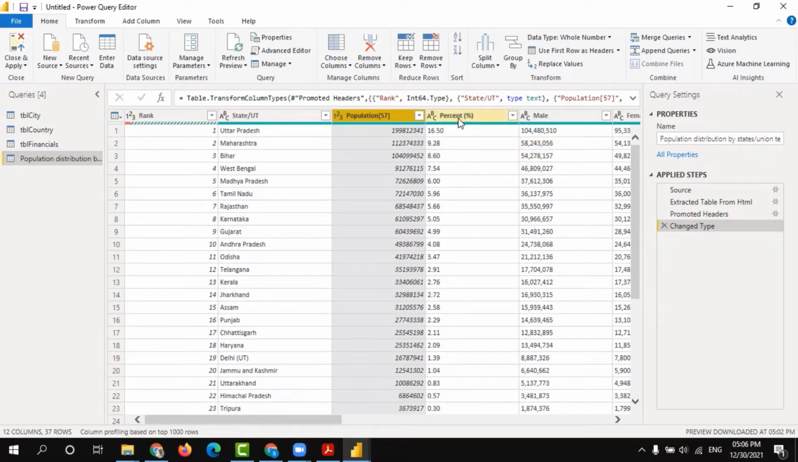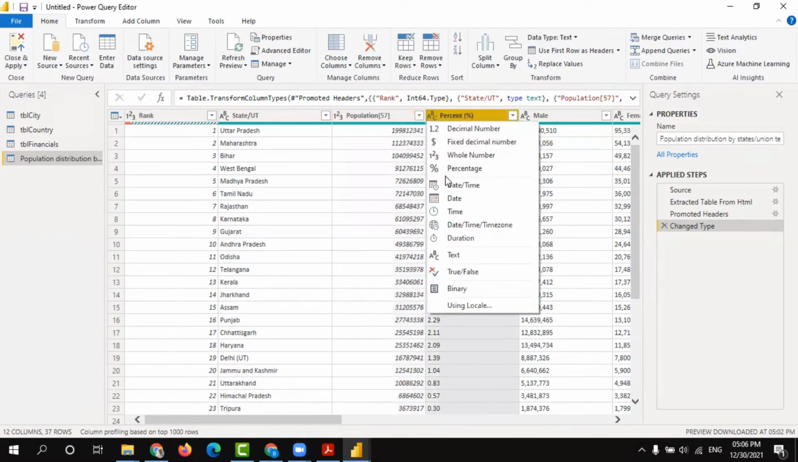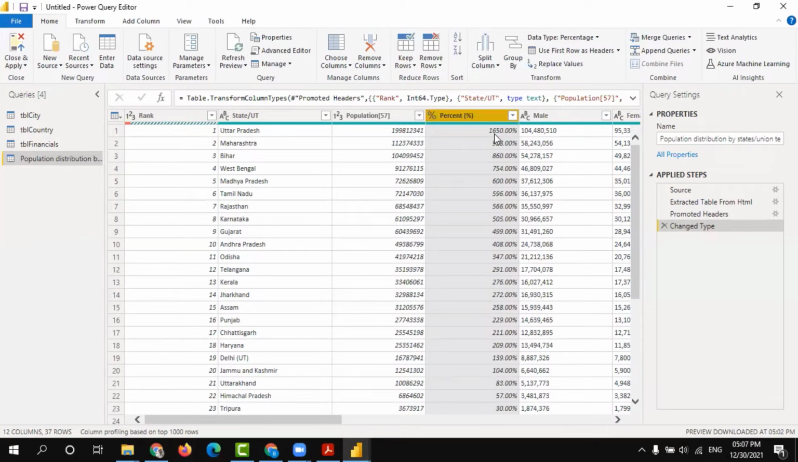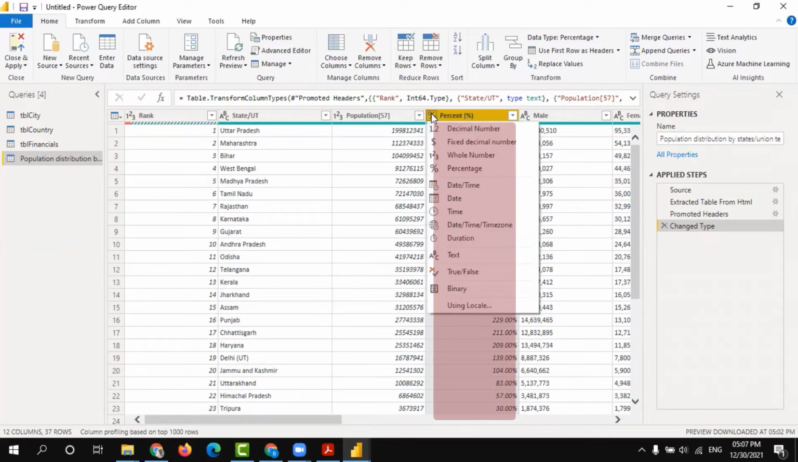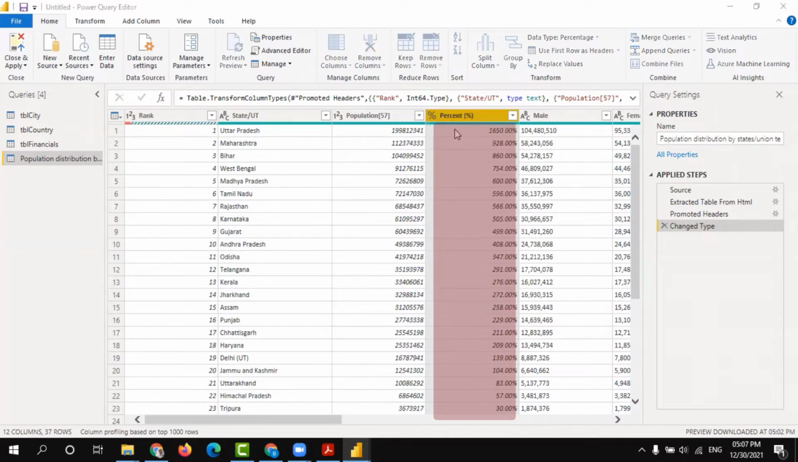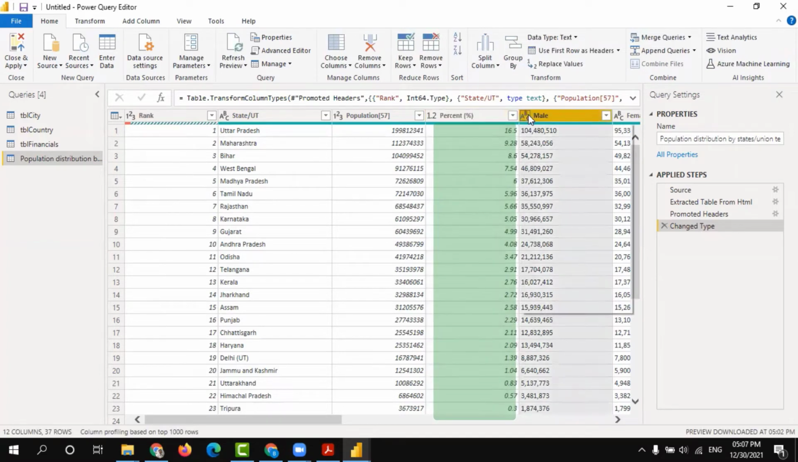And again this is a percentage. So let's go with the percentage data type. Since I have taken the percentage, and it is already a percentage, it is going to show 1650, which is wrong. So what I have to do is go with the decimal only here. That time it will be 16.5%. Again, male, whole number,